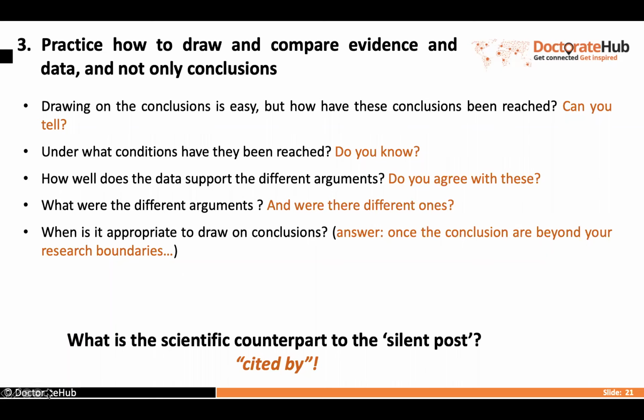And perhaps as a kid, you still know the game of silent post that you were playing in kindergarten or school. Now there's a scientific counterpart to that, which is "cited by". If I'm reading student works and they work over a "cited by", it's clear they did not even take the effort to look into the original study. Thereby, they cannot have worked with data, but they were only working with conclusions or interpretations of the data. So "cited by", avoid that by all means. If you don't find an original article, so be it, and don't work with it.